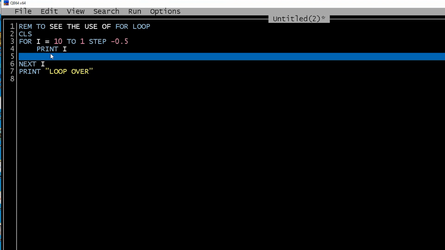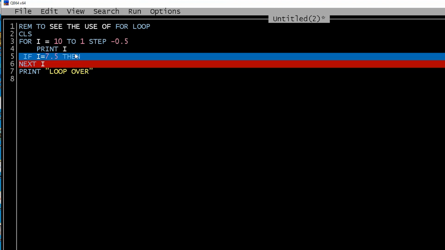So how do I make use of that command? I simply write here, if, what is my condition? I have to give it a condition that when this condition is satisfied, then come out of the loop. So I write if I is equal to 7.5, this is the value I have chosen. Now it is giving an error because my if then statement is not complete.